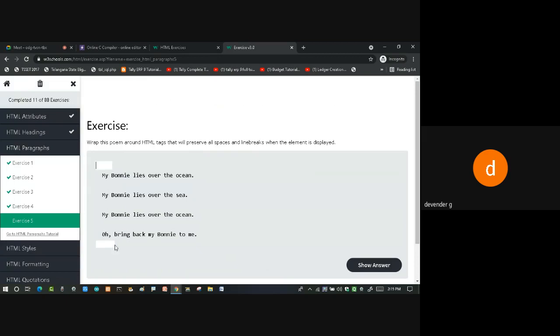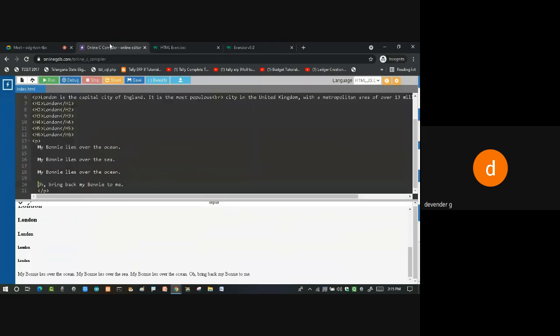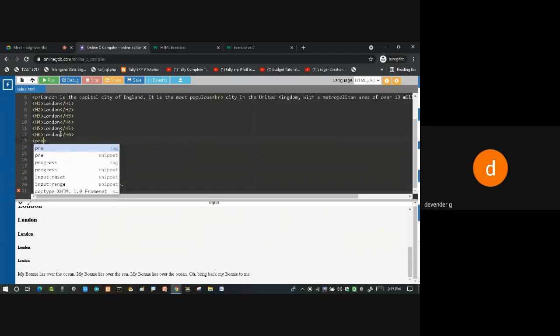As it is, I want the poem to be displayed like this. So for this, I'll be writing something called PRE, which is going to preserve our things. So we call this the preserved things. So opening of pre and closing of pre. Now when I do this, I'm going to get the exact answer. Whatever you have seen here in the output, everything coming in a new line or all in a single line, for that I have to use something called the pre tag. Opening of pre tag, closing of pre tag.